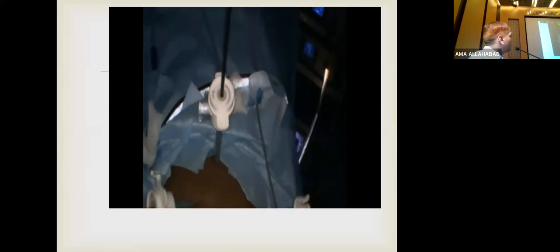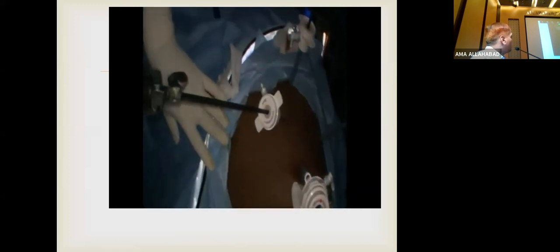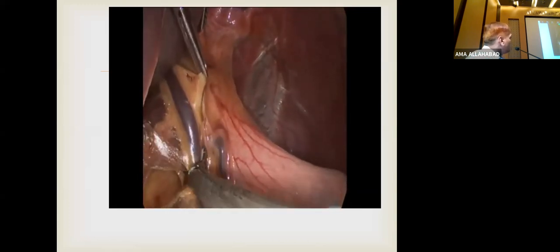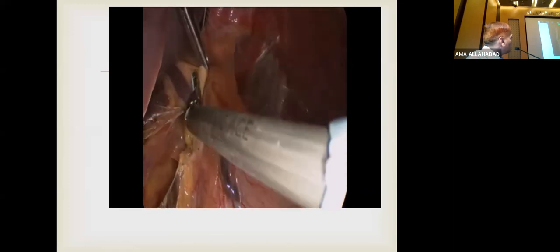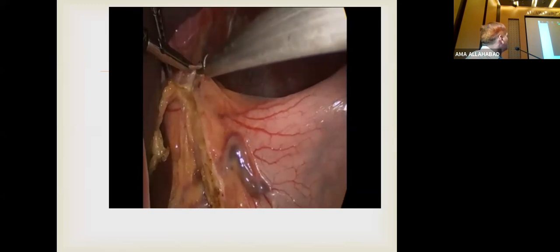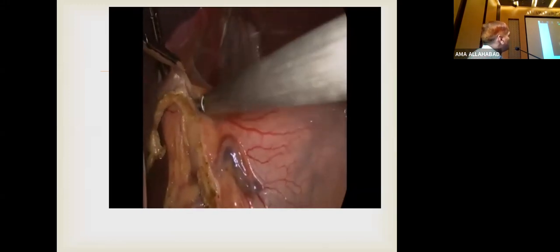Right, so the 5-port setup is described. We use the 5-port in most surgery cases. This is the hiatus, this is the supramental. So once you go in, you can see the pars flaccida method, where we cut the lesser omentum, creating a window. This is the left lobe of the liver. This is the stomach, and we're cutting the